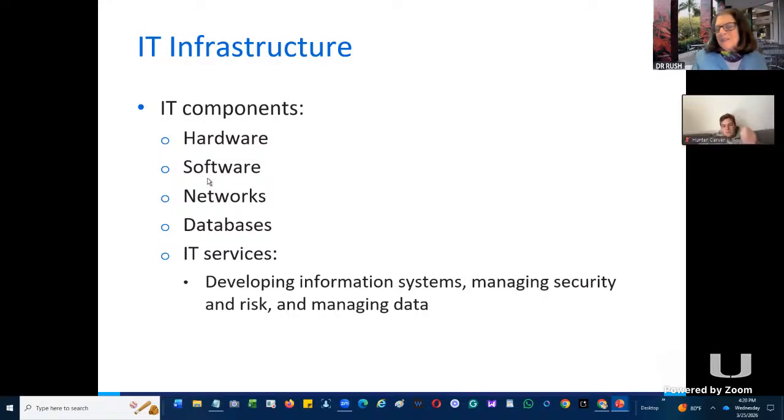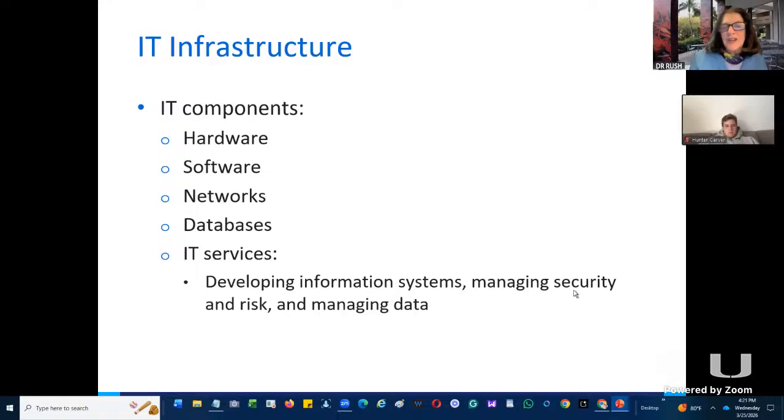Networks at the university. Do we have networks? Of course, Hunter, we have networks. When we log in on campus, we use their Wi-Fi. That's their communications network, right? The university has a number of databases. What kind of databases do they have? They have student databases, faculty databases, employee databases, financial aid databases, parking databases, housing databases, healthcare databases, and then there are services, people that work for IT who develop their information services.